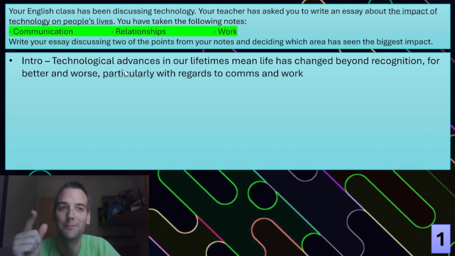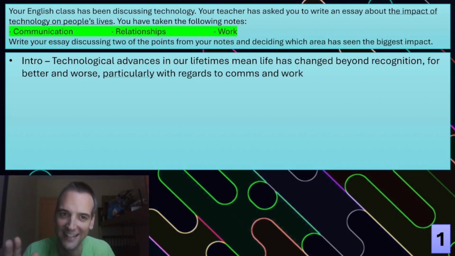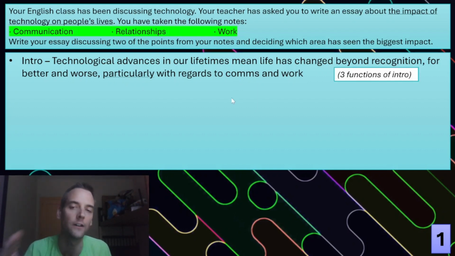This is still my plan, by the way. This is just a plan. My plan is very detailed because I'm a good student. But you can see the basic idea in my plan is I'm going to fulfill the three functions of a good intro that I mentioned in a previous video. Number 1, what is this topic we're talking about? Do you understand what we're talking about?